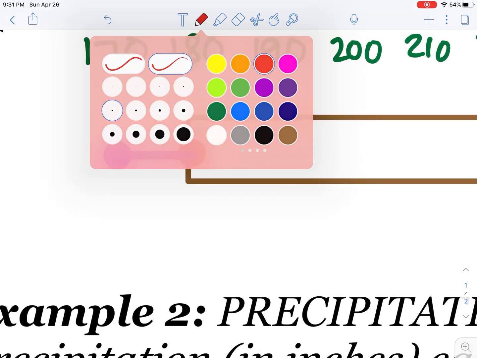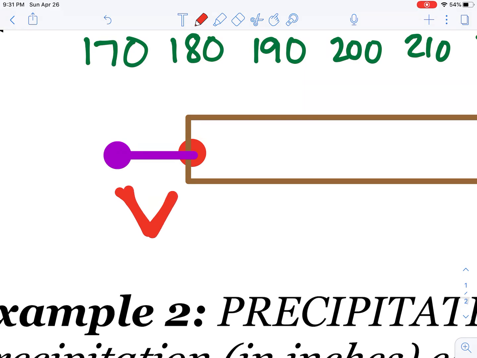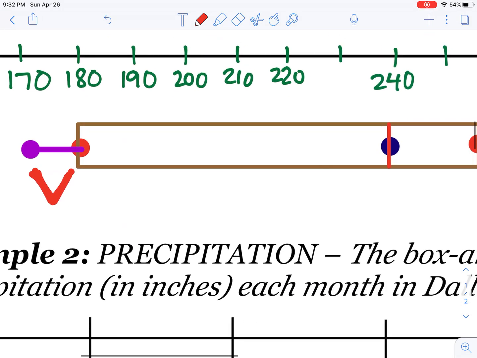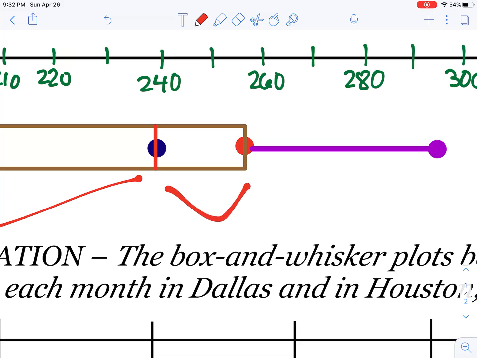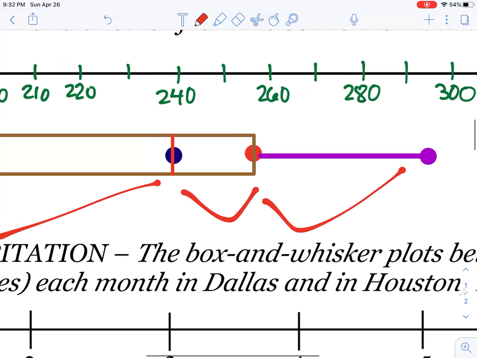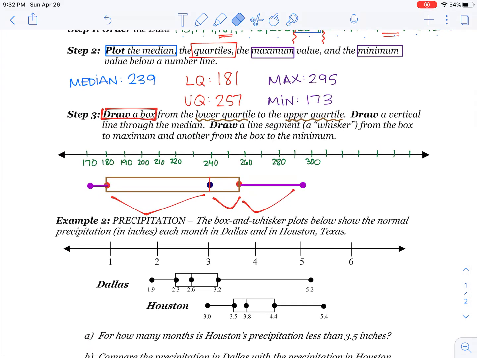So as a heads up, 25% of the data lands in here, which is a very small chunk, but that represents a fourth of the data. The next fourth lands in here, which is obviously way more spread out. The spread of the third fourth is a little smaller, and the spread of the last fourth is a little bit bigger. The beauty of this, however, is you can say, all right, the center of the data,